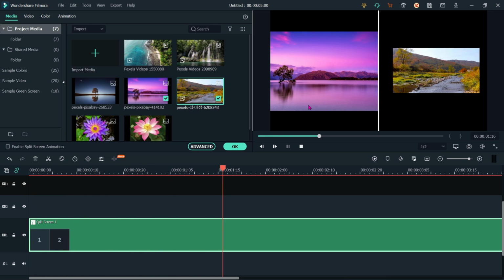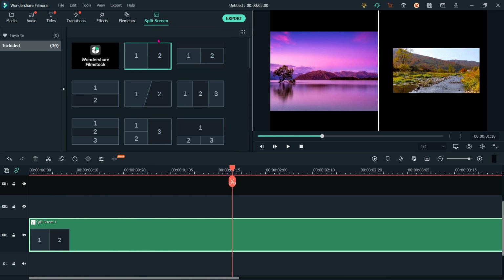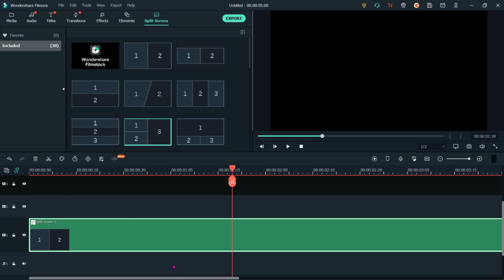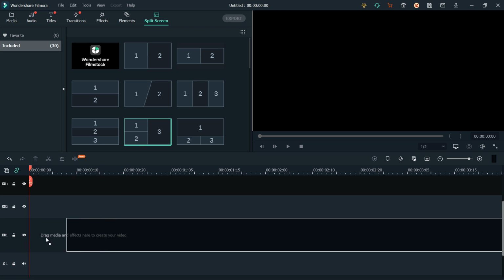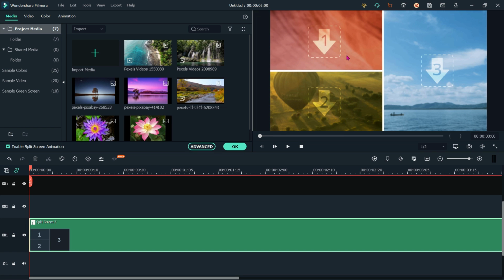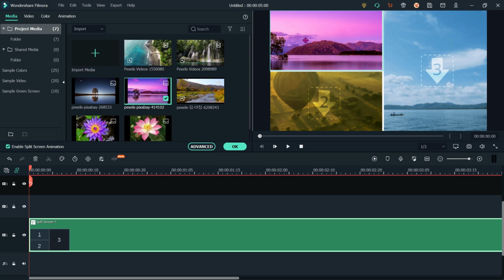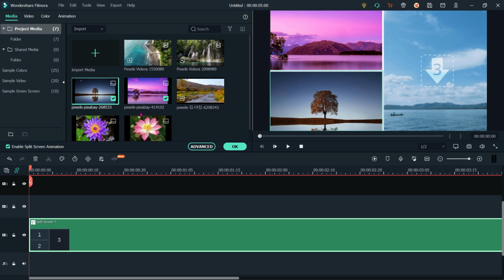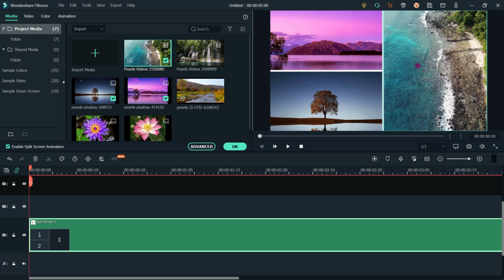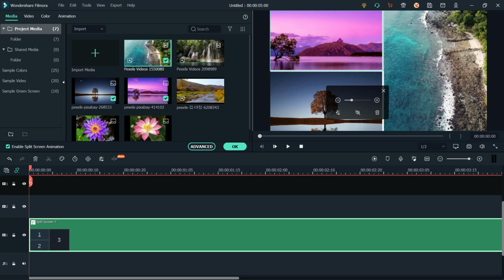Okay, or we can take any other split screen. Let's take this example. I have to remove this. I drag this here. Now we have three parts. We have divided this screen in three parts. I have selected the first one, drag and drop, and here drag and drop, and this time I will take this one, drag and drop. Okay, so this time this picture is visible,